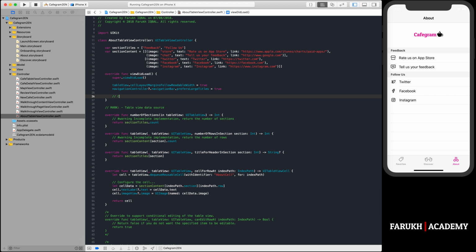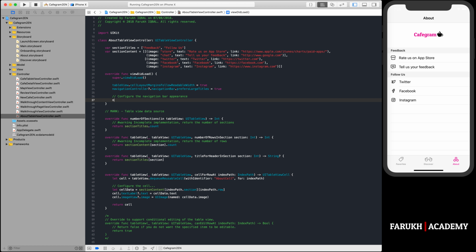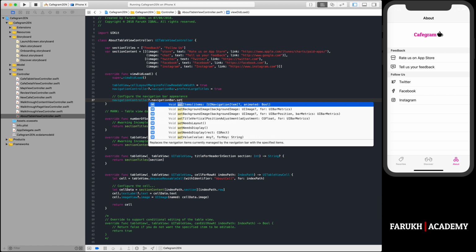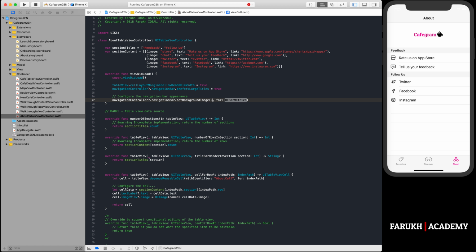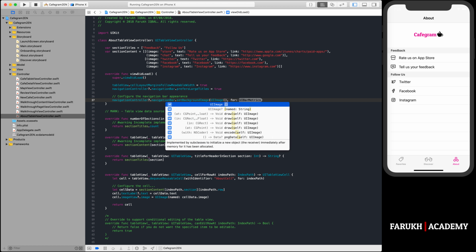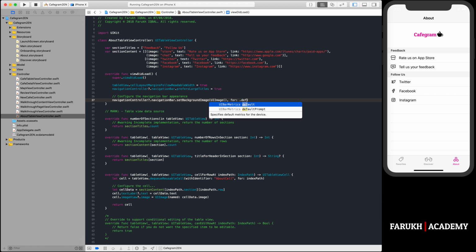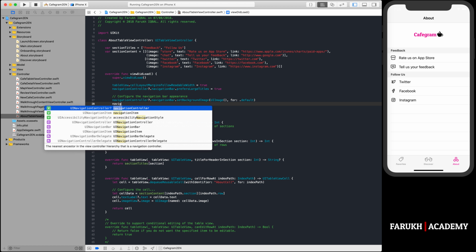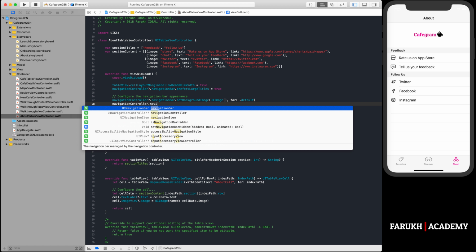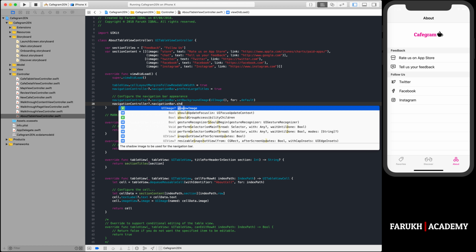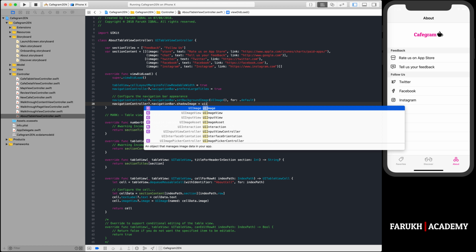Then you can write configure the navigation bar appearance, okay, and write navigationController.navigationBar.setBackgroundImage, okay, this one, yes, with an empty UIImage object, okay, and here you can write default, then navigationController.navigationBar.shadowImage is equal to UIImage,